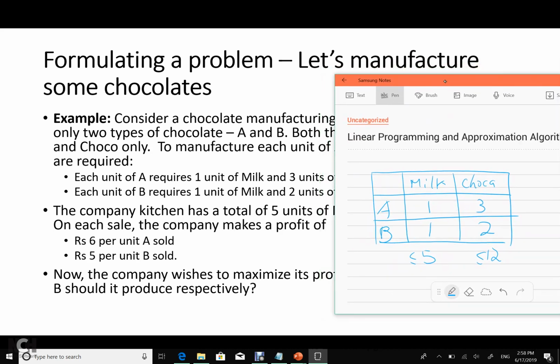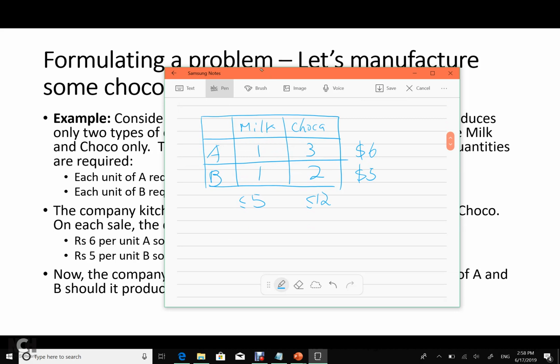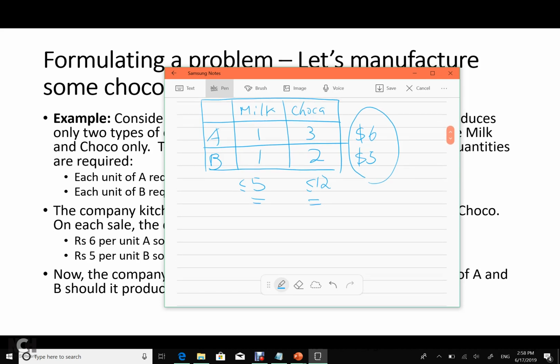And for each company, to sell each unit of this one is $6 for A, $6 per unit. This is $5 per unit. We will ask how we can use this specific milk and ingredient and chalk such that we make sure we earn the most, right? So in such a case, by intuition or from what you have studied in calculus, we say that